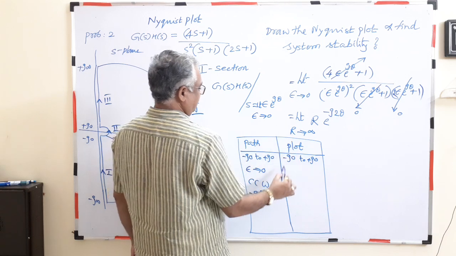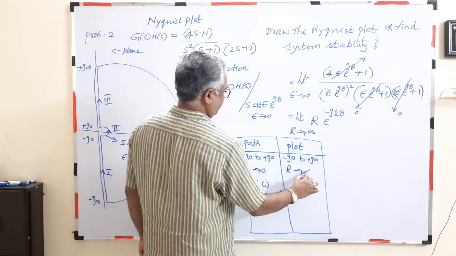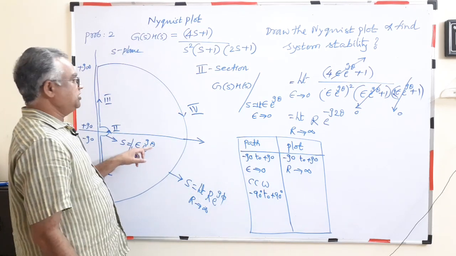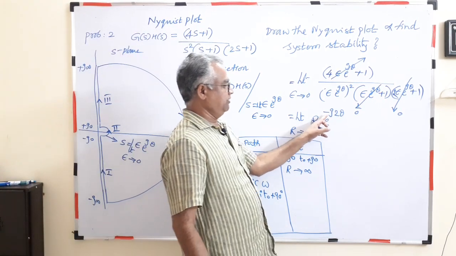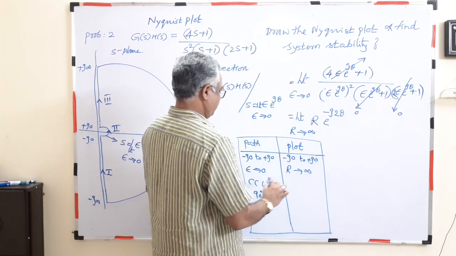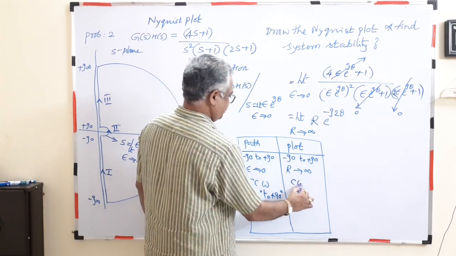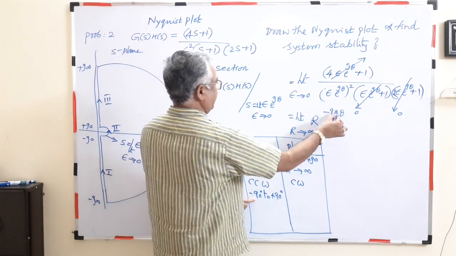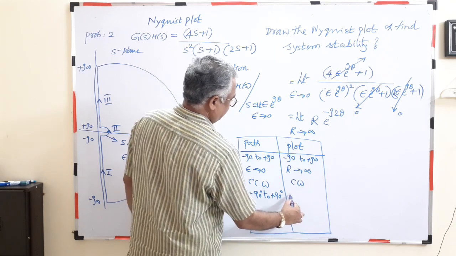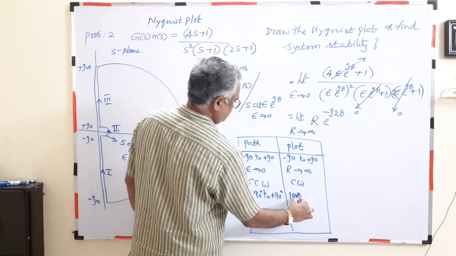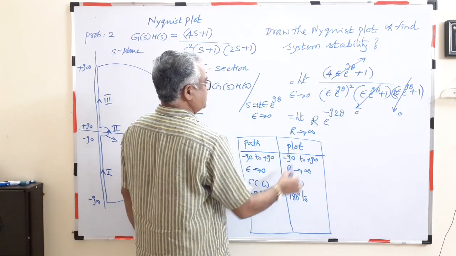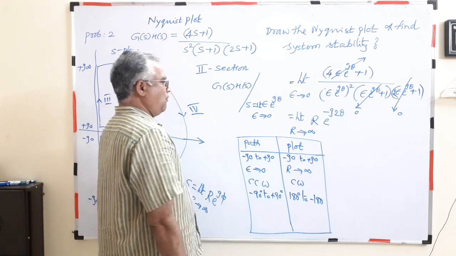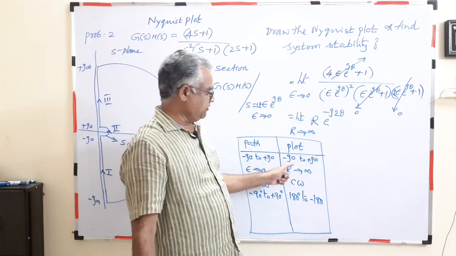Smaller circle is becoming bigger one, so R tends to infinite. And here e^(j theta), when I am substituting, I am getting minus. Because of minus, direction will change, so clockwise. Now when I substitute minus 90, we will get plus 180 to plus 90. When I substitute, I get minus 180. So just with the help of this, I have written.